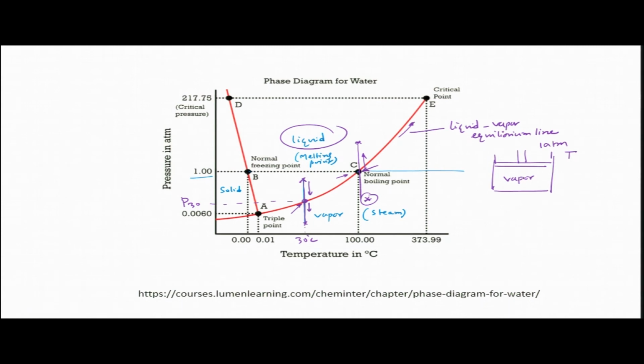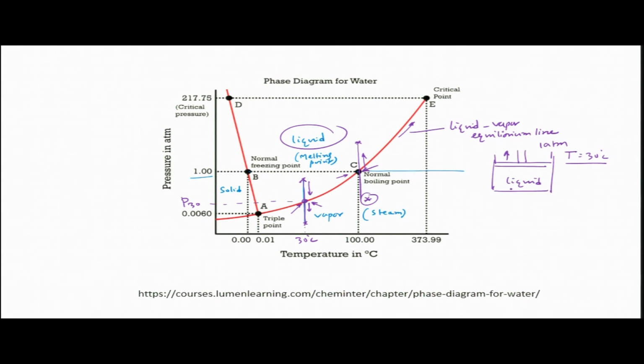If you push this particular piston and if we contain vapor here, fine. Now, as you push that piston at a constant temperature, at some point it will cross this particular pressure point at that temperature, let us say 30 degrees Celsius. So, things will convert to liquid. But if we start with a liquid and the vapor, now we are releasing the pressure. Okay. So, that means at a constant temperature we are releasing vapor.